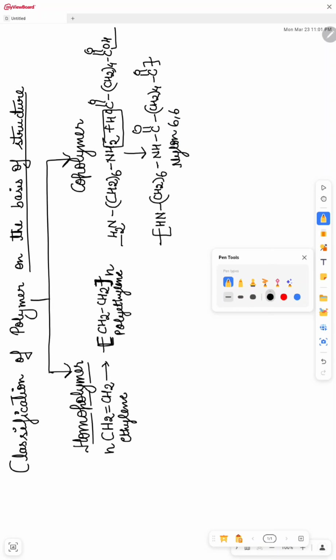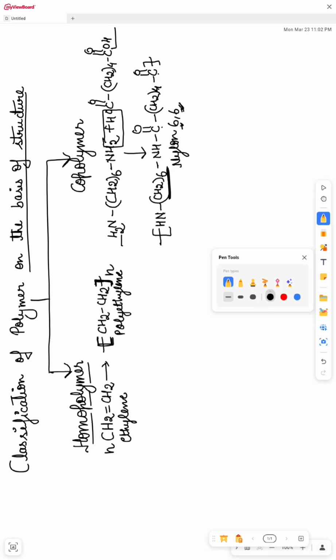What is nylon 6,6? Nylon 6,6 is very useful in the fabric, textile and carpet industries. So see, what is 6,6? This is the 6 carbon atoms, so 6 is written here. And what about this other 6? 4 carbons here, then 5 and 6. 6 carbons are here. So this is known as nylon 6,6. Very important monomer, very important.